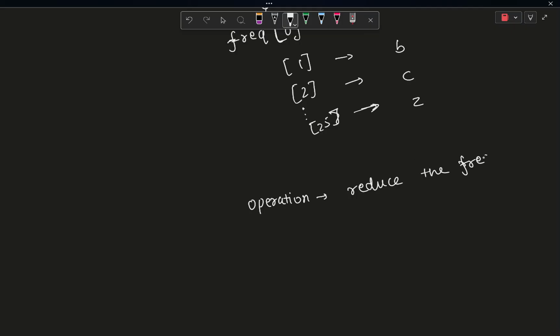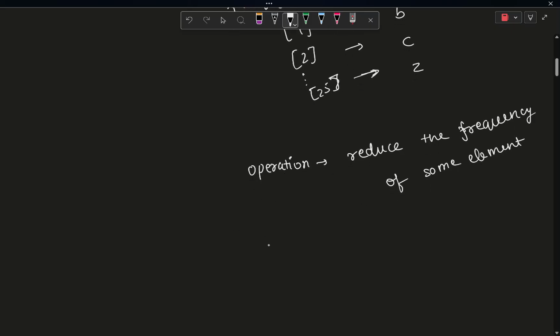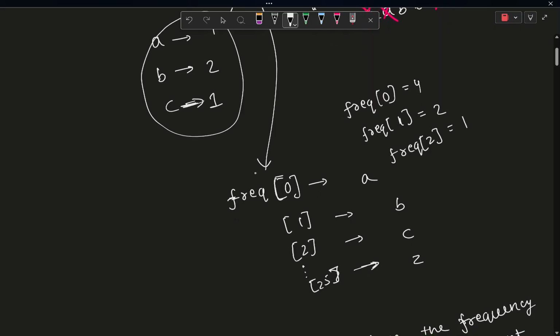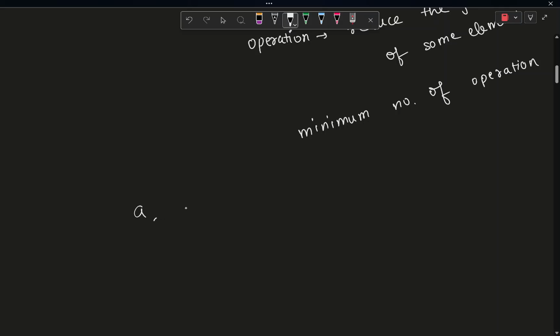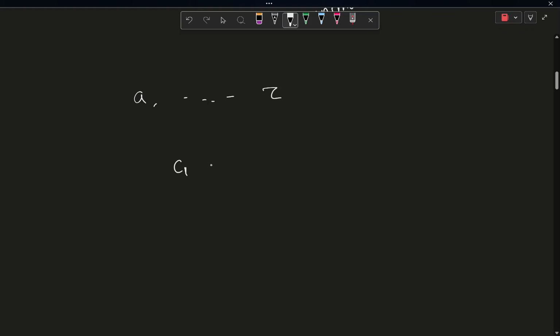Reduce the frequency of some element, right? And I have to apply the minimum number of operations. This is my goal, such that the absolute difference of frequency of any two elements is less than or equal to k. Like from A till Z, if I choose any two random characters of my choice,